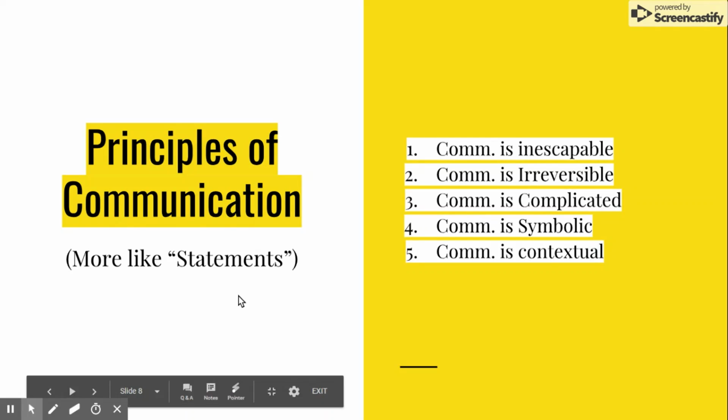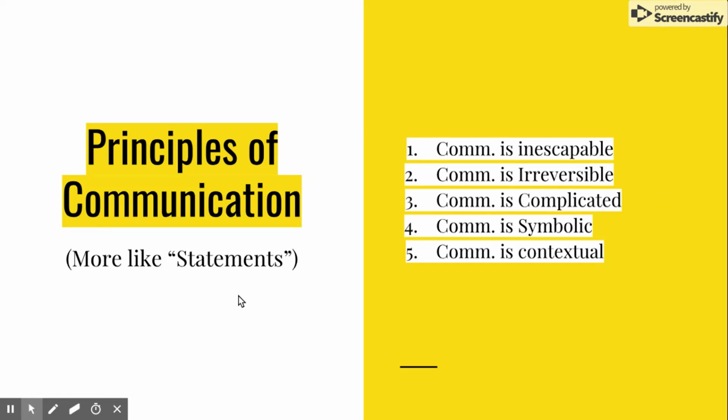And the third, communication is complicated. Consider all the challenges that you encounter trying to communicate with someone on a daily basis. You have to think about things like different experiences that you may have or things that you might have shared in the past. You have to think about the language barriers that you're talking about, the regional differences, the cultural differences. All of these can affect how we communicate with each other in certain settings. And number 4, communication is symbolic. Now, we talked about this previously on the second slide where we showed the pictures and the images of how communication evolved. Think about how the cavemen communicated with each other with the onomatopoeic gestures and the cave paintings. We have, since the beginning of time, used symbols to communicate with